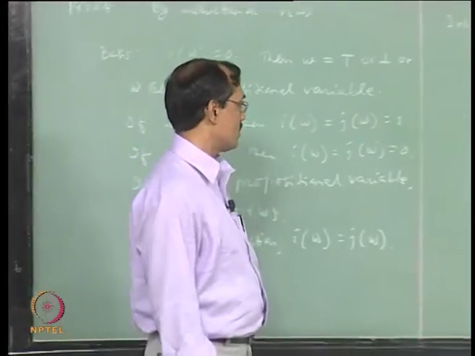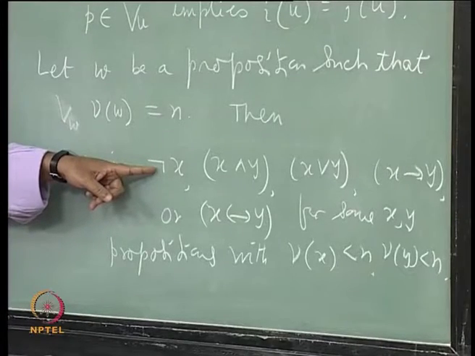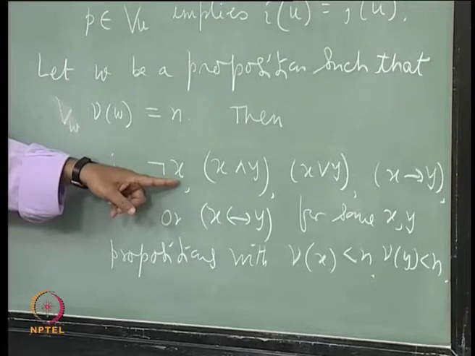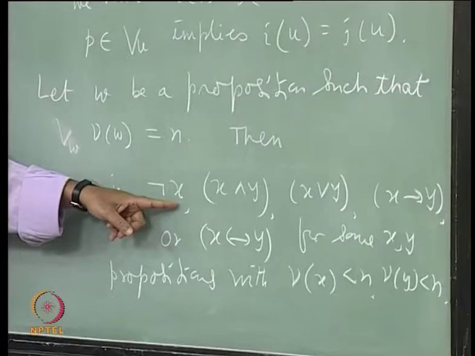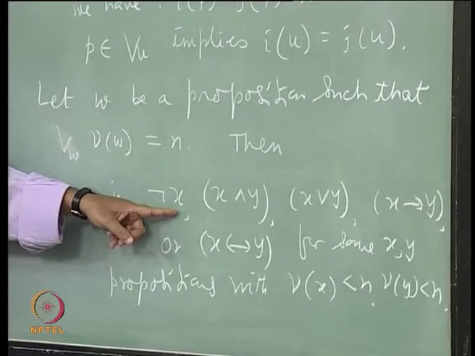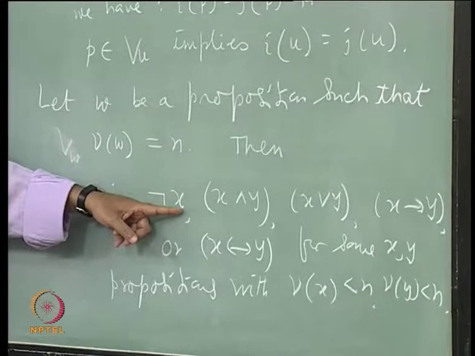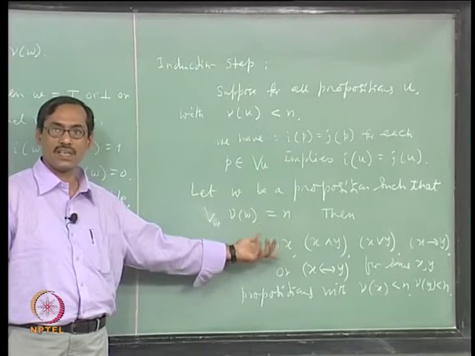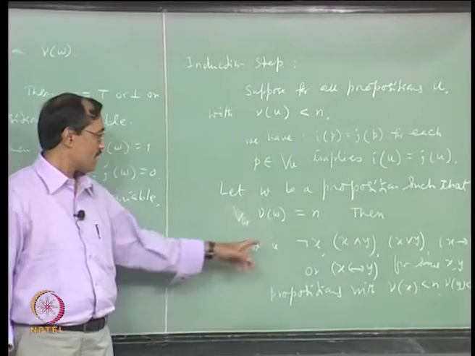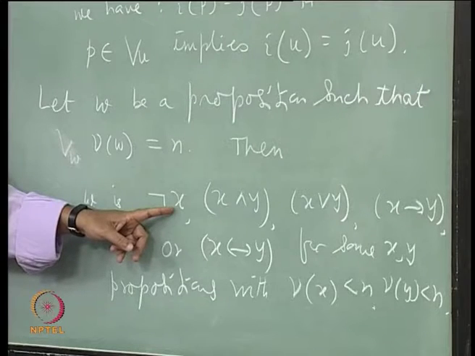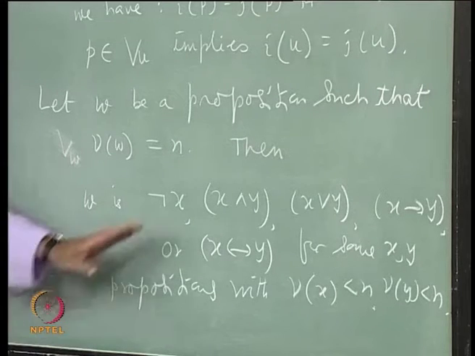Yeah. Let us see the first case. Suppose w is not x. Now, nu of w is n. So, nu of x is less than n. Now, apply the induction hypothesis, I of x equal to j of x. Is that clear? Because all the variables that are occurring in x, that set is a subset of variables occurring in w. So, you can apply the induction hypothesis. Okay. Now, what happens? I of x equal to j of x, then by definition of not, I of not x is j of not x. All the things go similarly.